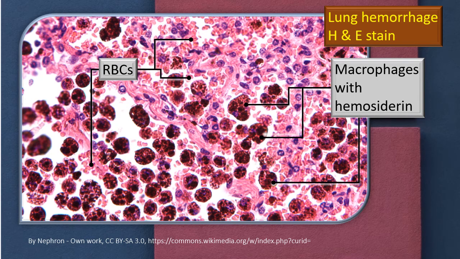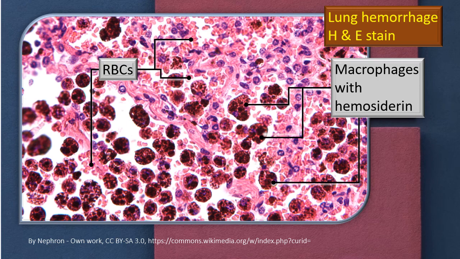Now, this is a very interesting slide. Although it's an H&E stain, it really brings out the next cell type, namely the macrophages. And it looks like these macrophages have swallowed the RBCs that are accumulated in the lumen. RBCs can occur in the alveolar lumen for very many reasons, one of which is trauma, second, infection, pneumonia.